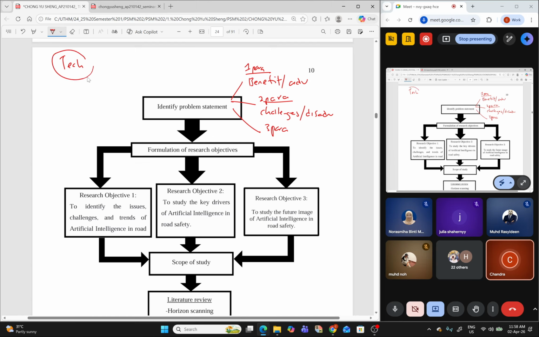We take a technology which is emerging, and for this technology we will see what the benefits are and what the challenges are. When you have benefits and challenges, in the future we don't know whether it is going toward benefit or challenges. That's why you want to do a foresight study, to see the multiple scenarios in the future regarding the technology.